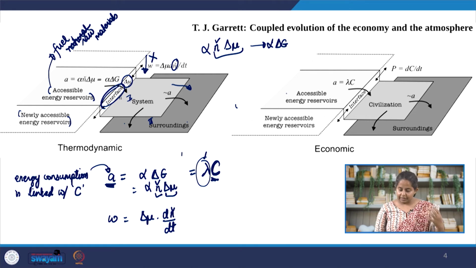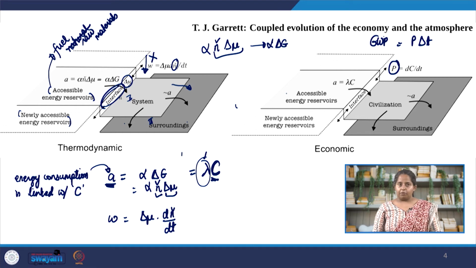Okay. Now, the other thing we need to understand is the gross world product, how we are defining gross world product. So, let us say the productivity in this particular model is P. In this model, P is defined as dC by dt, the rate at which wealth changes. If productivity in one particular year is P and we multiply it with the time duration delta t, which in economic models is typically 1 year because the economic indices are often updated year-wise, this is the GWP.